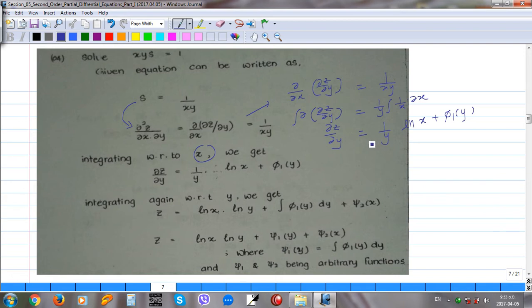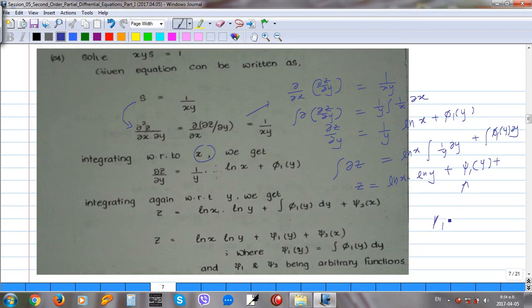Now you can simplify this, you can integrate this again with respect to y. So what happened? Then we'll see ∂z/∂x equals ln x times 1 over y, ∂y plus phi 1 y times ∂y. If you integrate this here, we get z equals ln x times 1 over y, meaning ln y, plus, here I can add another constant that is a function of y,